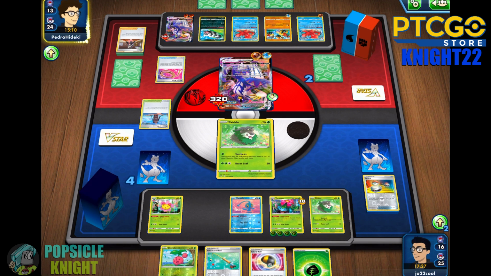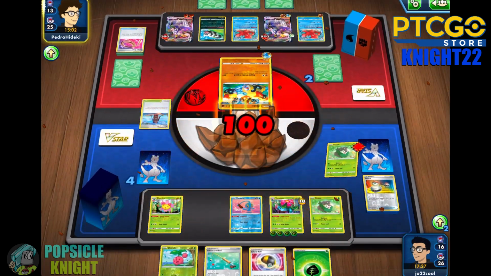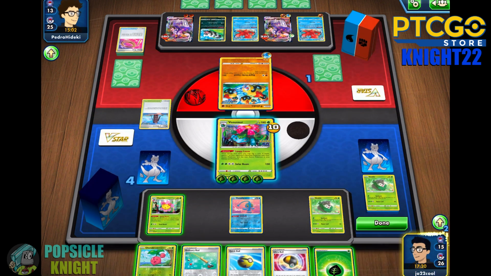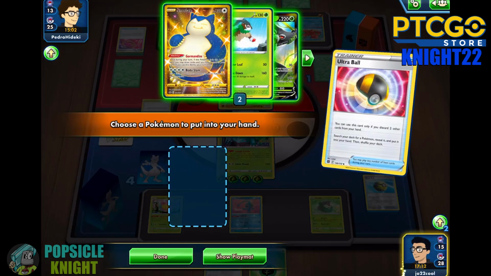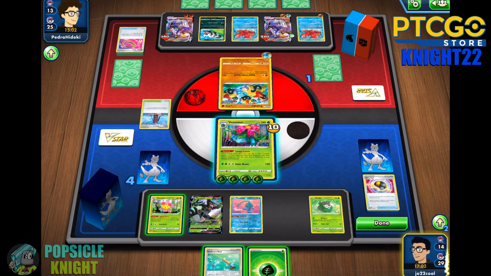Let's see what my opponent does. They're just gonna attack with another Phalanx. Okay. We're gonna put our Venusaur back into the active spot. And let's get rid of these two. And then I'll get a Gogoat. I could get Zarude V. Yeah, I'll just get Zarude V. I think it's the most practical option, you know? And then